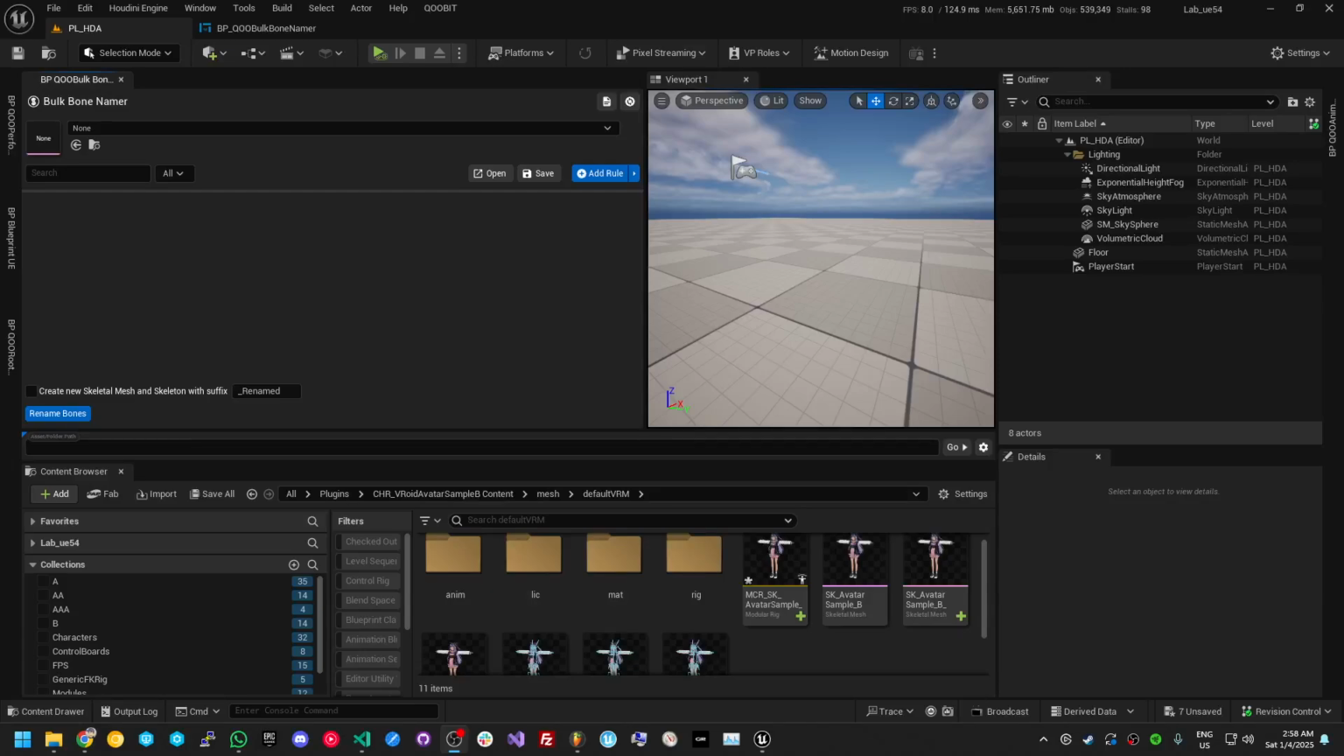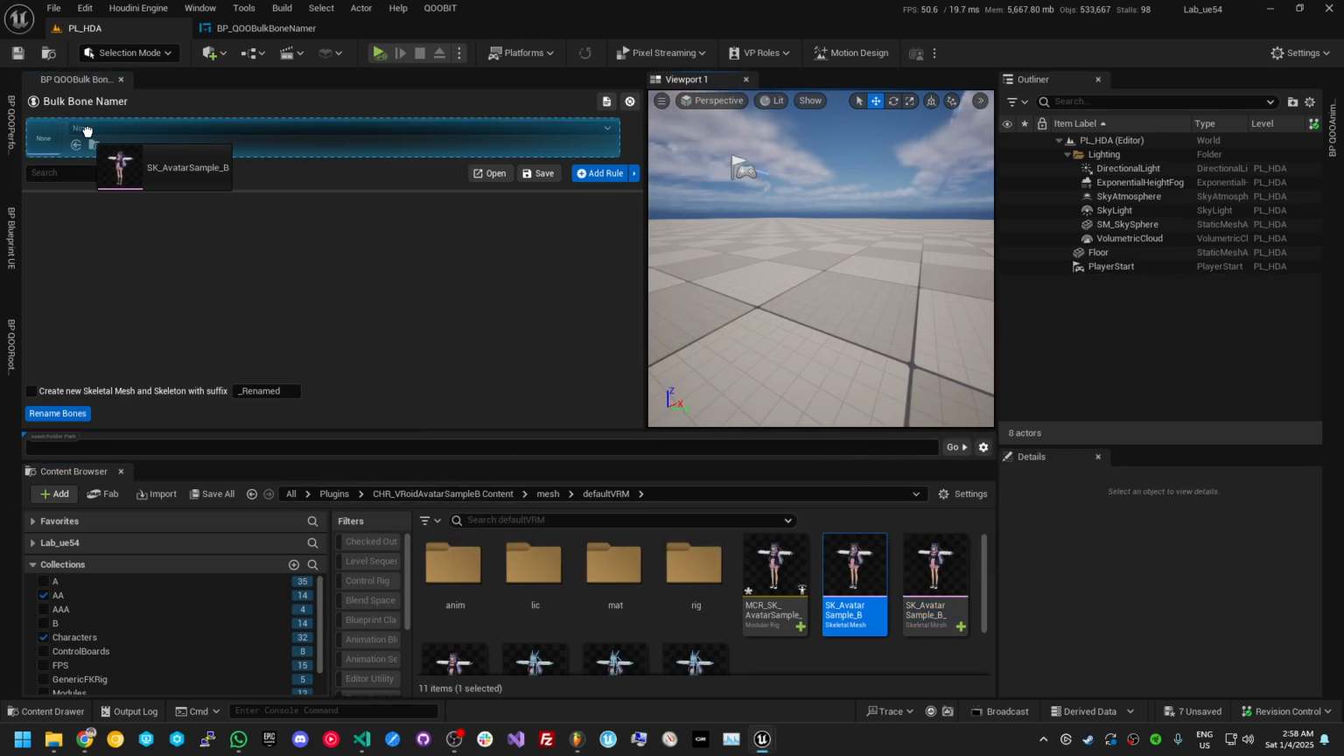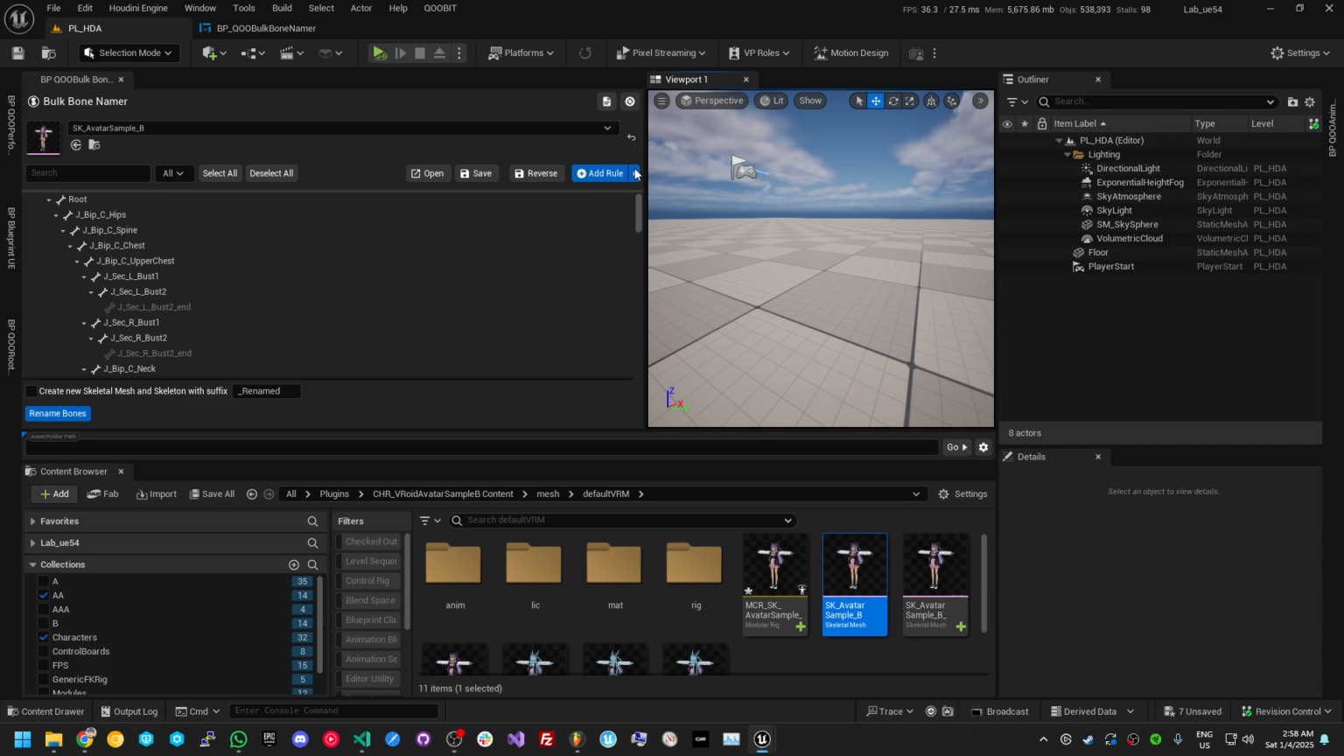Hi, in this video, we're going to demonstrate the new reverse bone name mapping feature that we added in version 1.1 of our bulk bone namer tool. To get started, we're going to take a Vuroid sample mesh here. We're just going to drop it into the slot, and we're going to add the template rules for a Vuroid